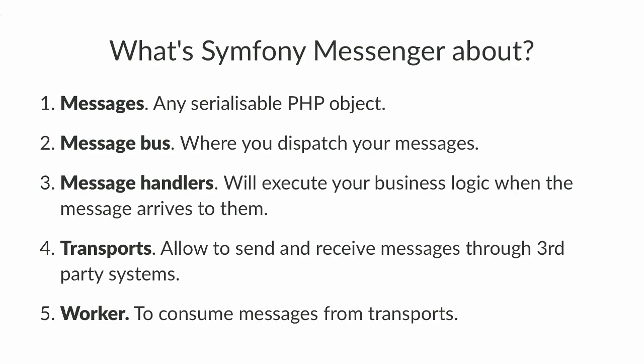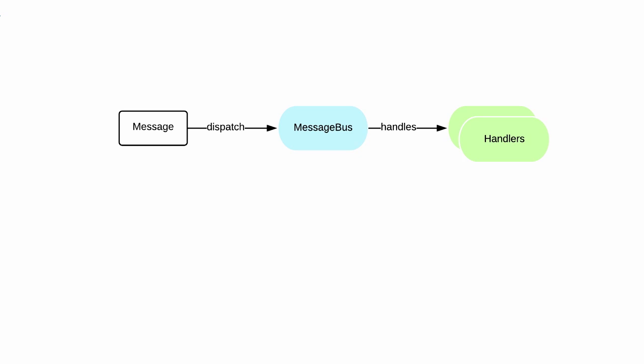That's basically it. The same thing, for whoever is more visual: you've got a message and you dispatch it into a message bus. Behind this message bus, for this given message, you can have 0, 1, or n message handlers. If you want to, you can configure the message so that, instead of directly calling the handler, you say, hey, I want to route this message to something else. And that's the transport.